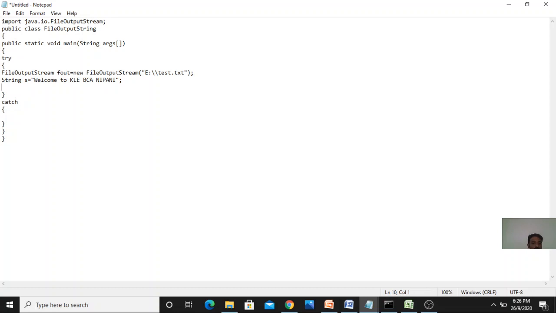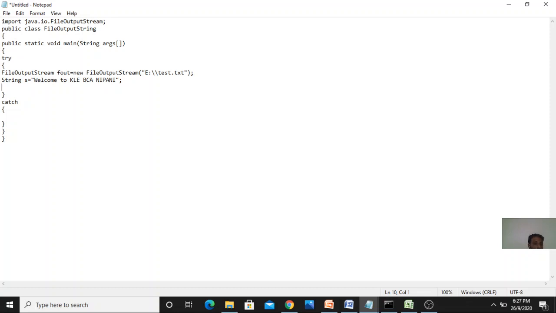Next, I cannot write the whole string into a file at once. We need to go byte wise. I will copy one byte at a time from the value in variable s and write it into the file test.txt. So first I will read the characters byte wise, and I will write each character into the file.